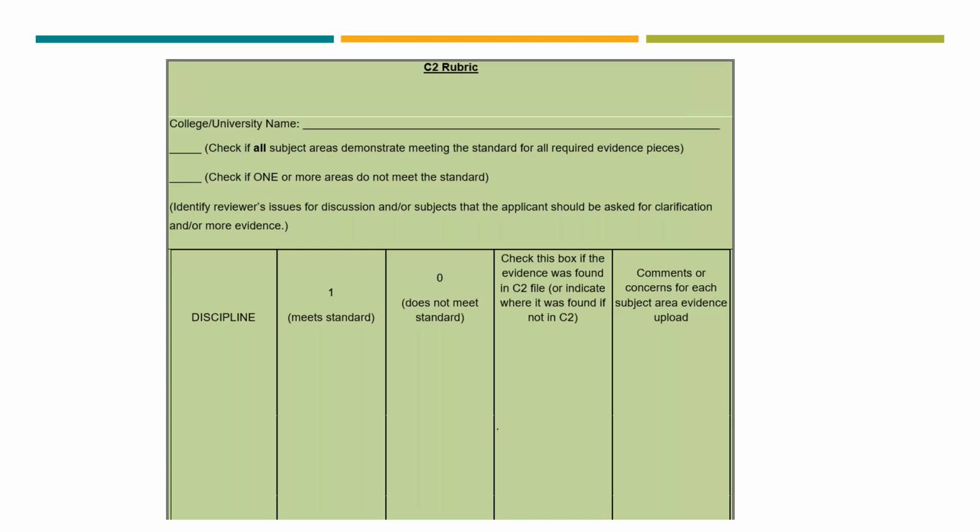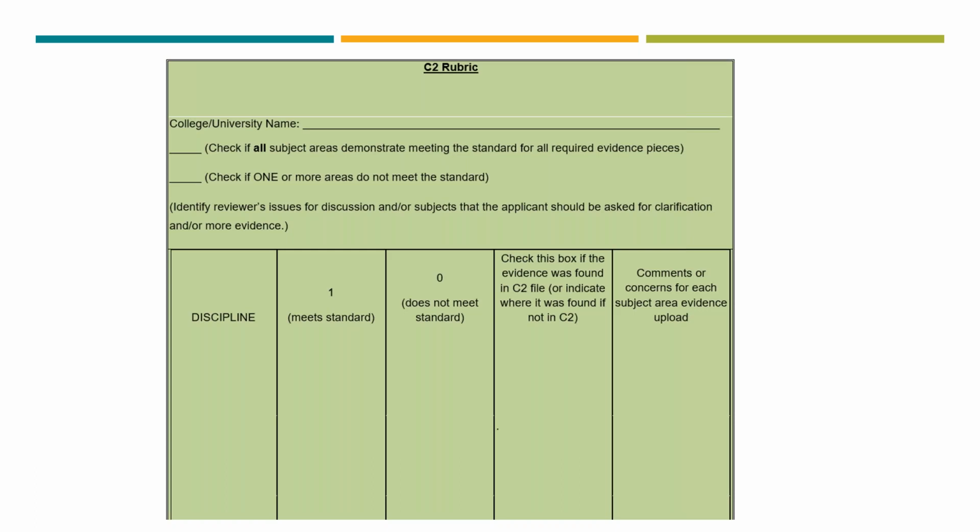So you can outline the discipline. You can say, does it meet the standard? Does it not meet the standard? Any comments that you may have about that, you can log it there prior to you having a meeting with your team. And again, within Box, you're able to upload any versions of that you'd like to upload and keep. Of course, either your team lead or your review facilitator will be compiling that information for your teams to make sure that it's also uploaded in Box so that we'll have a copy of those notes from your team meetings.